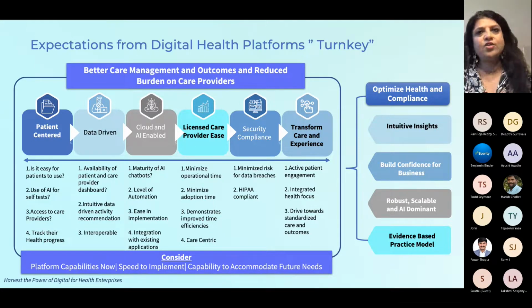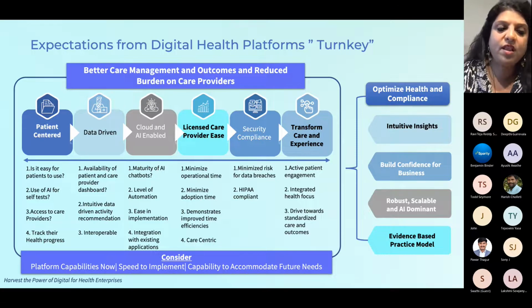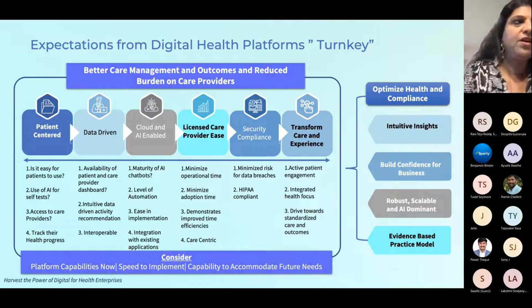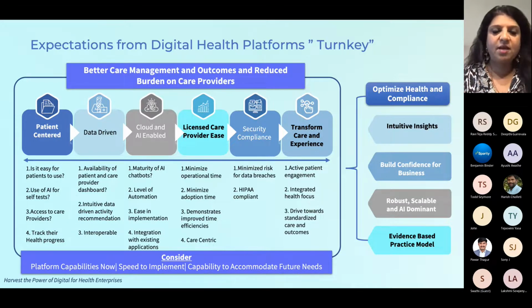Do you have 20 questions? Do you have 10 questions? And how easy is it for the caregivers or care providers to access the information that the patient puts in there? Are they able to look at the same screen in real time and help the patient if they're having challenges, or are you having to go to a different platform to see it? And can the patient track their own progress? Intrinsically motivating the patient should be key. Are we able to do that?